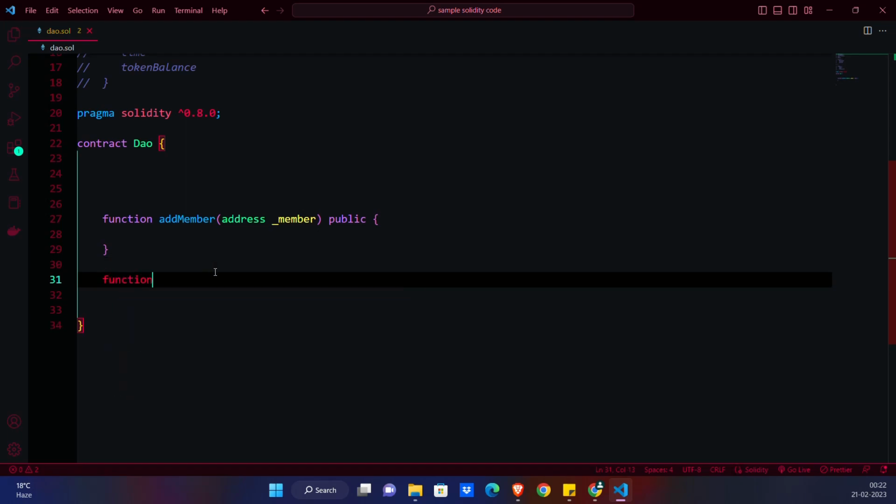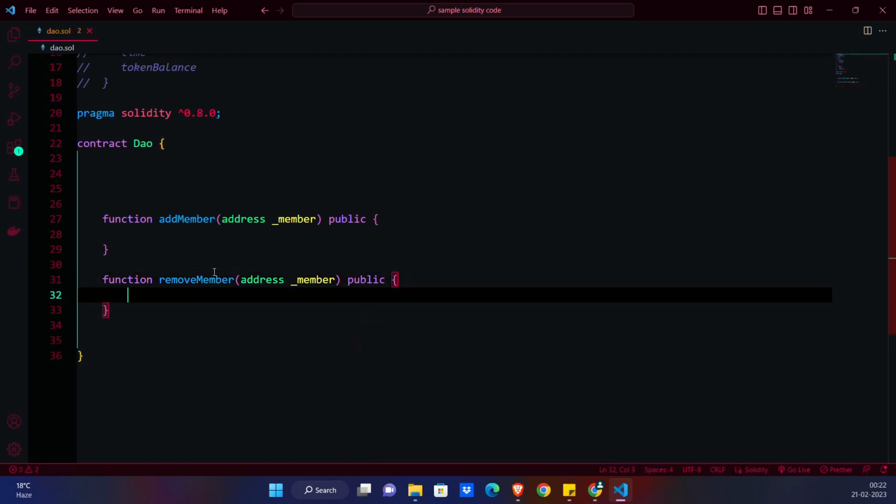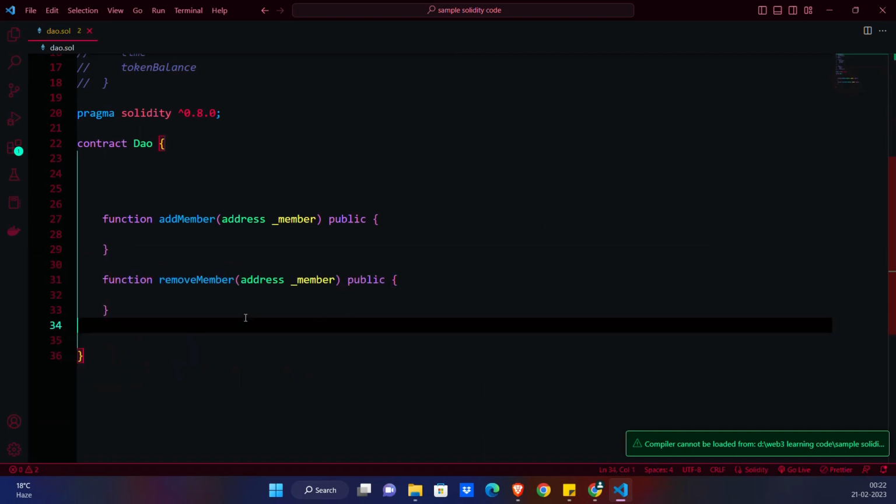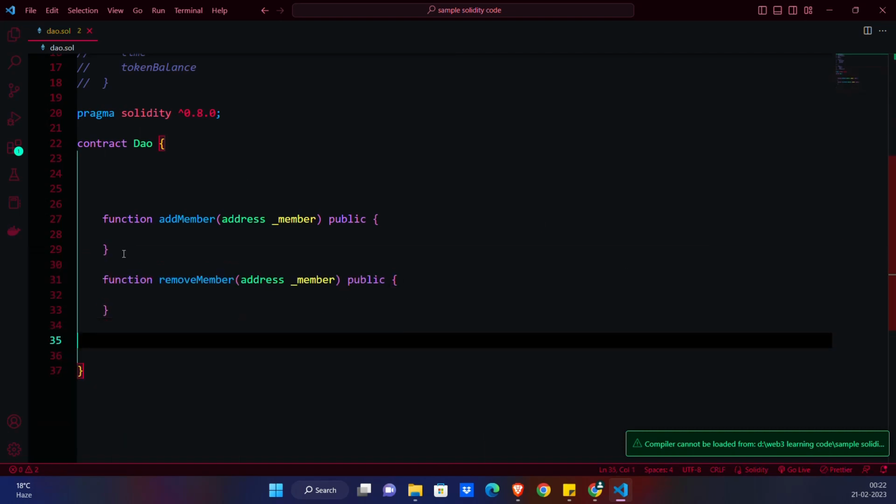Another one is going to be the function remove member. It will take an address type, again a member, because the one whom you want to remove, public. Alright. Okay. I don't know why it's coming like this. I don't want to have it, but yeah. Anyways,